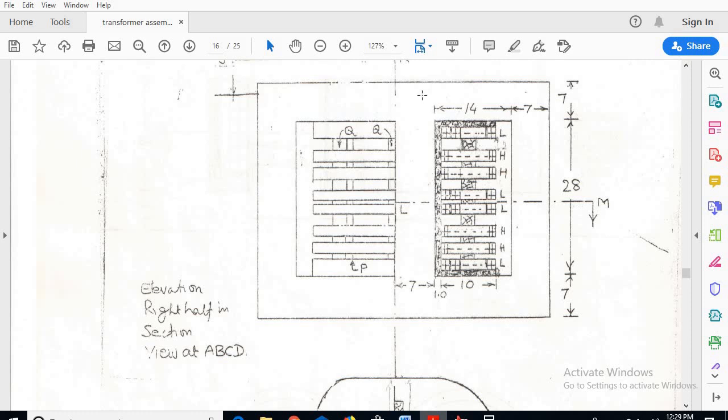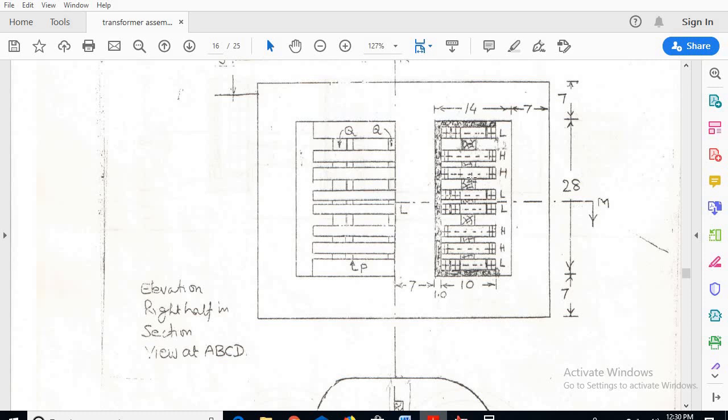Okay, so once again I'll repeat: the insulation from here to here is 1 centimeter, LV coil 2 centimeters, the spacer between LV and HV is 2 centimeters, the HV coil 1.8, between two HV coils it is 1,